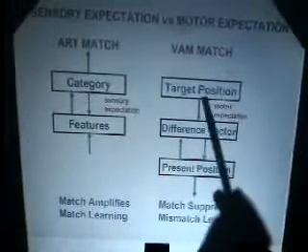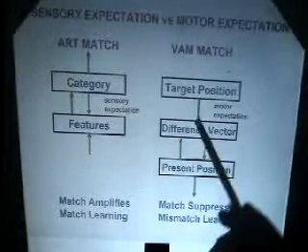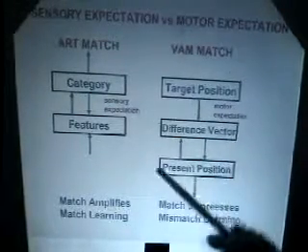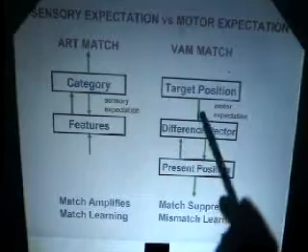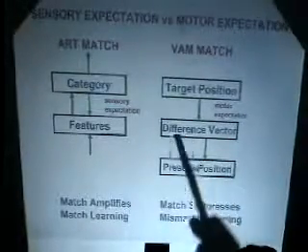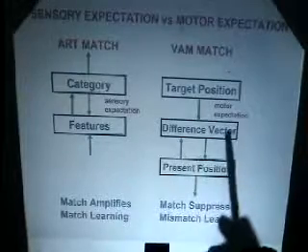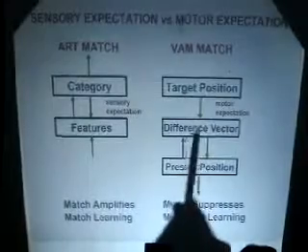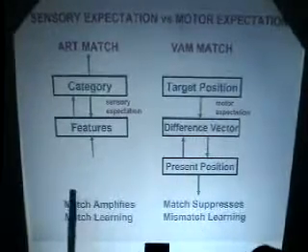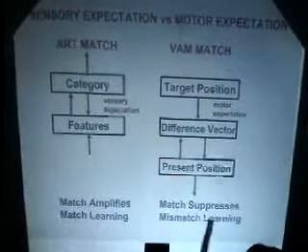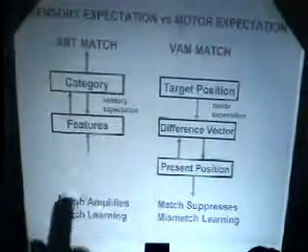So the idea is that your goal excites a difference vector, and your present position inhibits the difference vector. So you have a suppression going on during matching. When there's no difference, you shut down. And the claim is here you have mismatch learning. So amplified matches, suppressed matches, match learning, mismatch learning, the claim is they're complementary, and they have very, very different